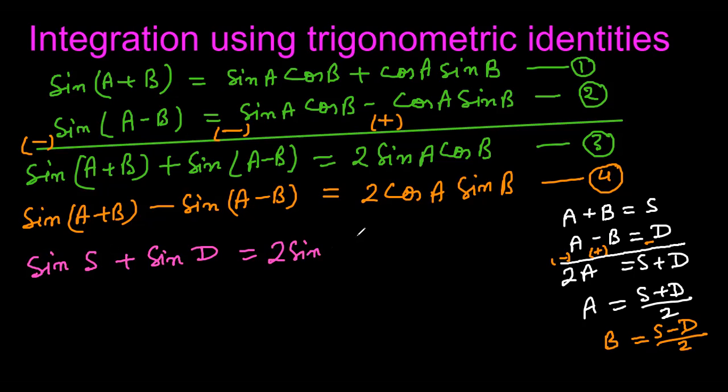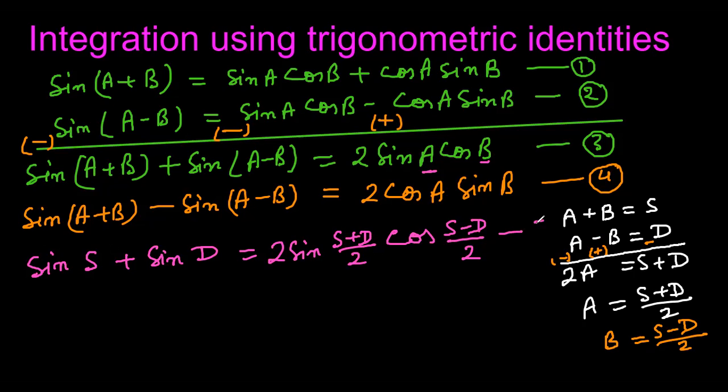In place of A, we are going to write S plus D by 2, and then cos. We are actually just replacing this value of B there, A plus B, everything. And cos of S minus D by 2. So this is